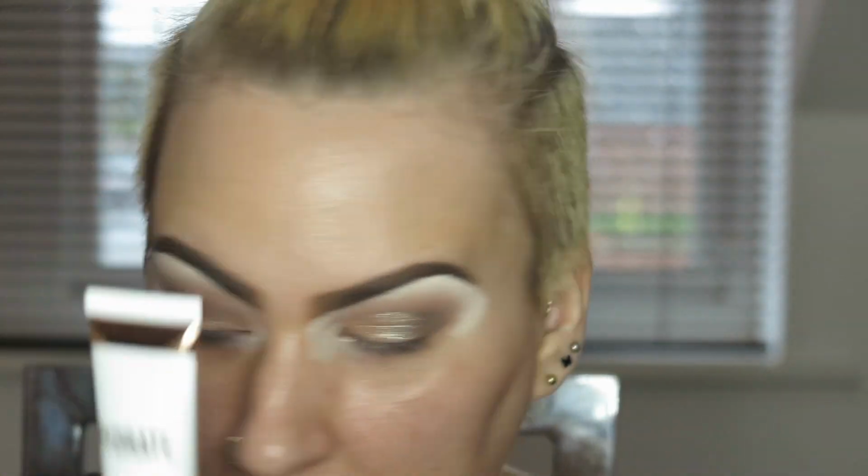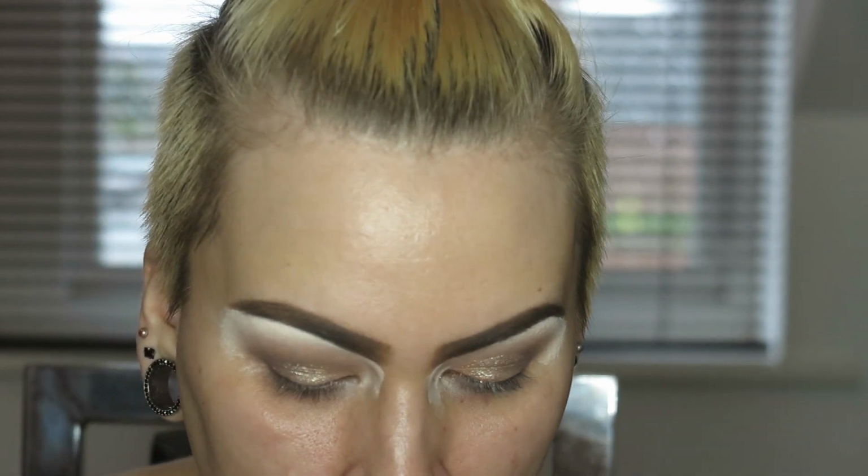Right, so I next have a new primer. I picked up the Revolution Hydrate Primer. I live for their Pore Blur one, so I was hoping this one's going to be good. So I'm just going to whack some of that on. It's quite runny